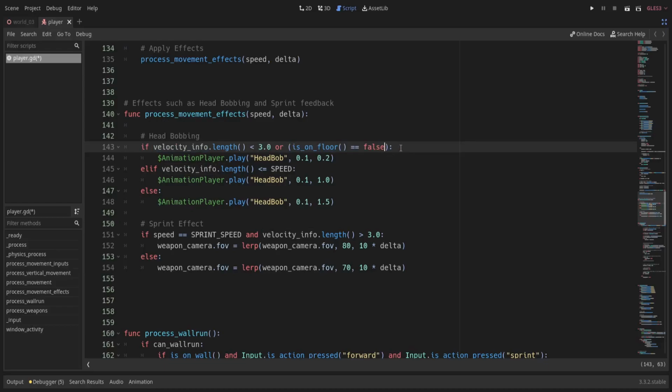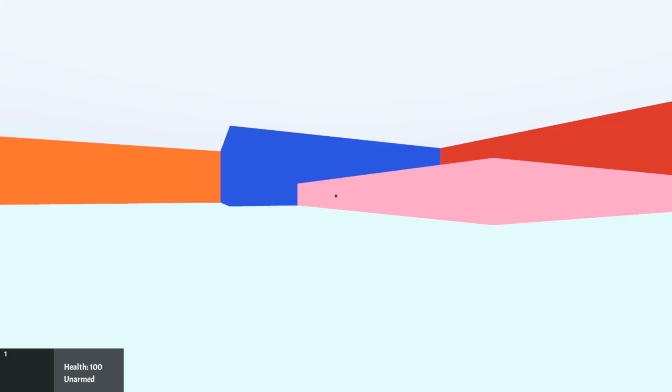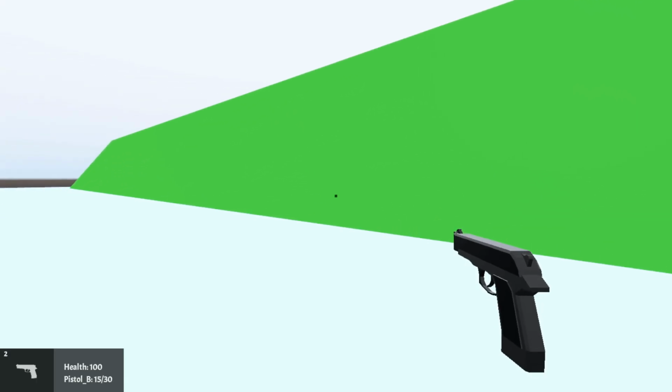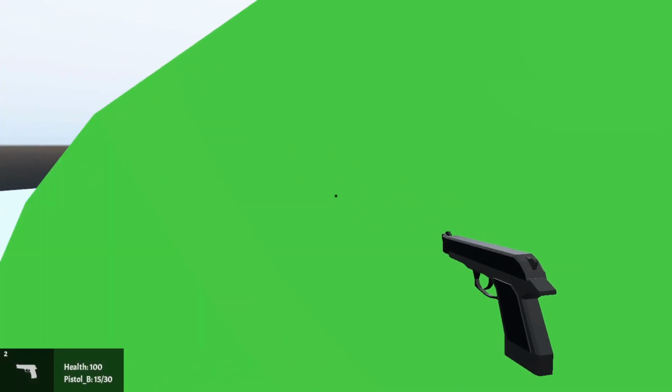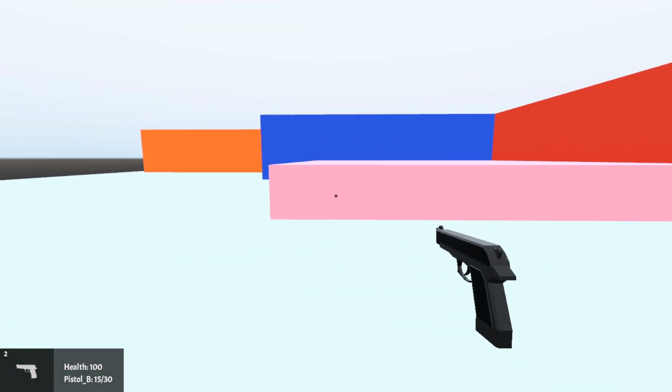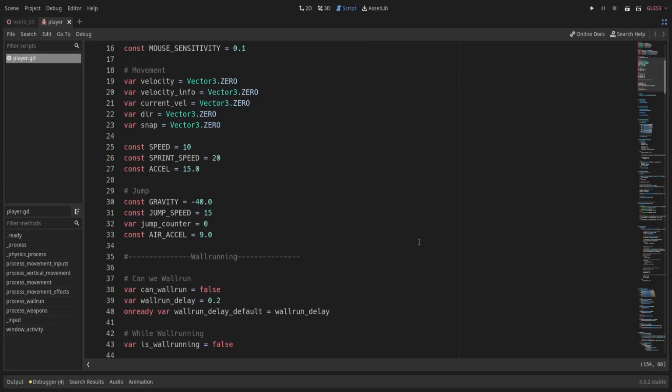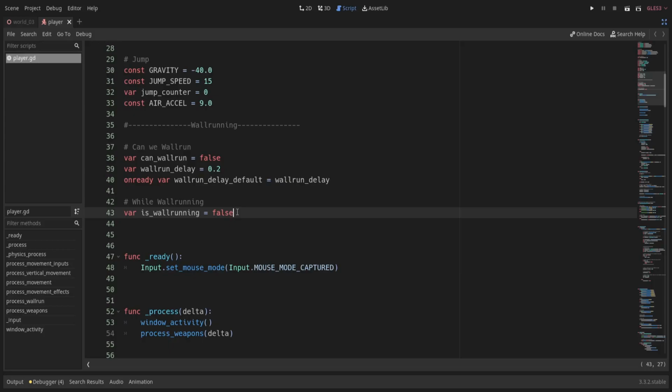Here I'm additionally adding a few more conditions that would make the wall running experience a bit more immersive, though this is optional to do. And that's it, it looks much better now. So now let's apply rotation to the camera when wall running.